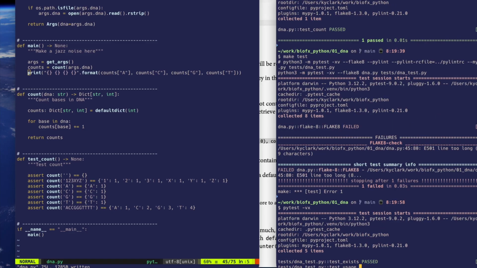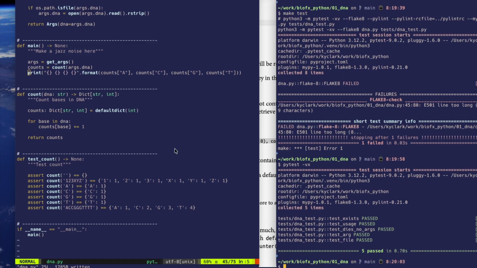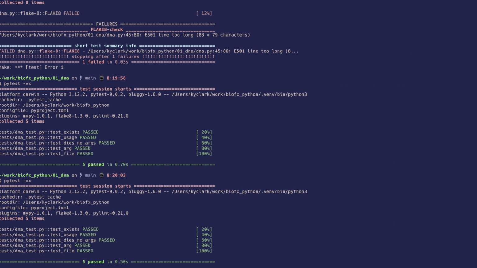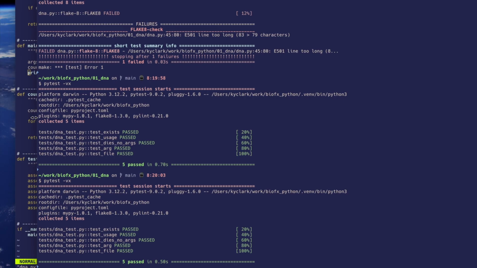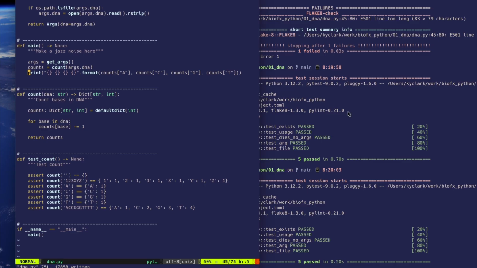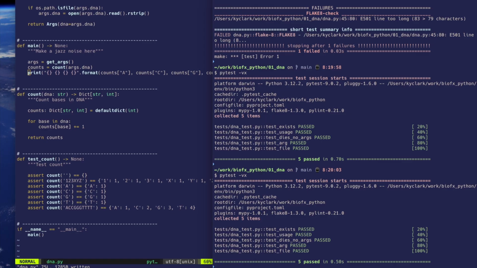It still doesn't like that long line. So, sorry, that should fail. Let me verify that it fails. Oh, you know why? Sorry, this is passing because there is always a, c, t, and g. Let's just run it now with, for instance,